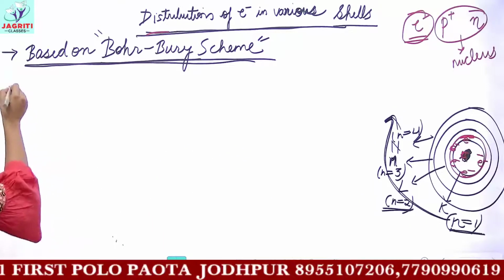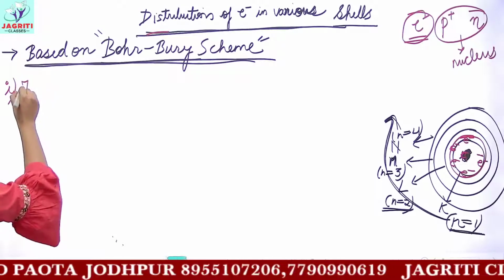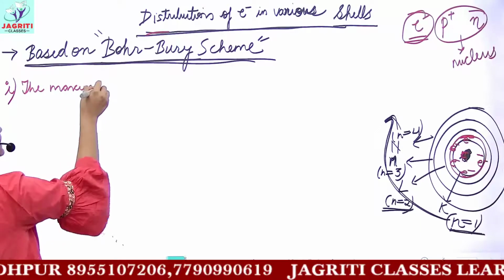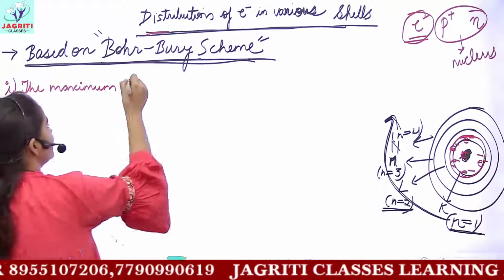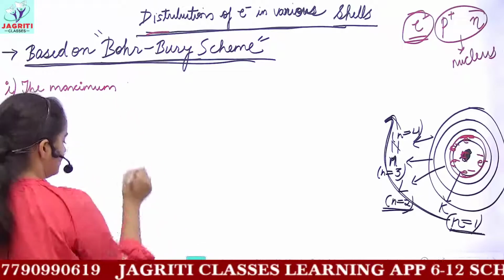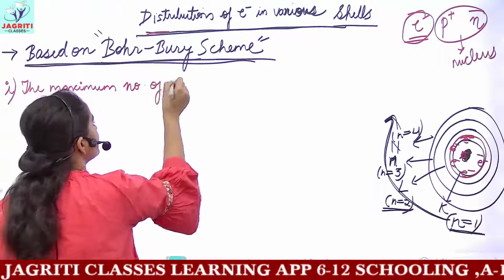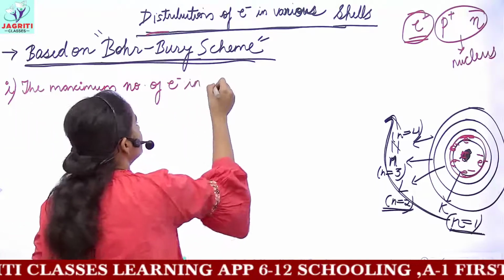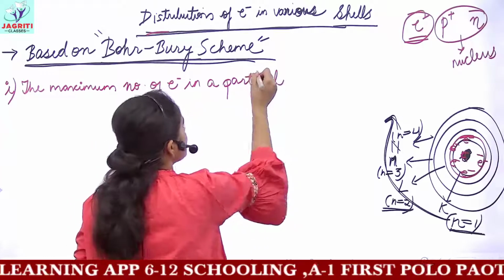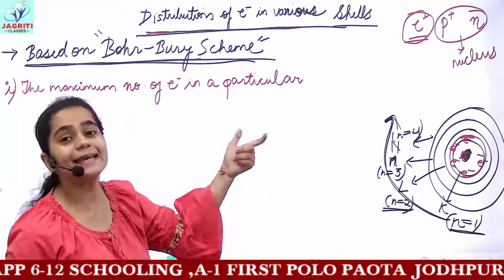The first rule proposed by the Bohr-Bury scheme stated that the maximum number of electrons in any shell, in a particular shell, instead of shell you can write orbit also, or you can designate them as energy levels,